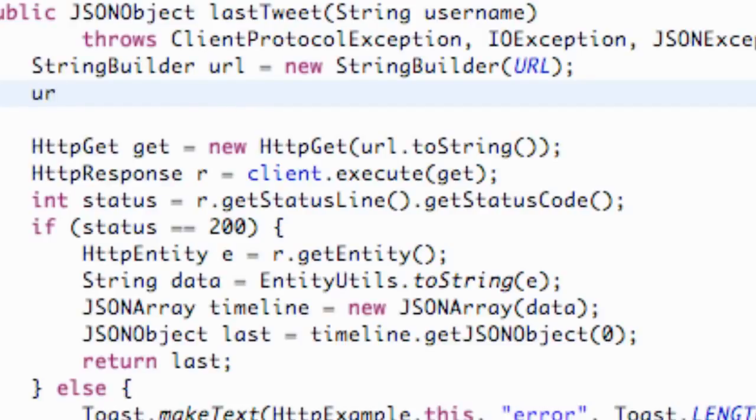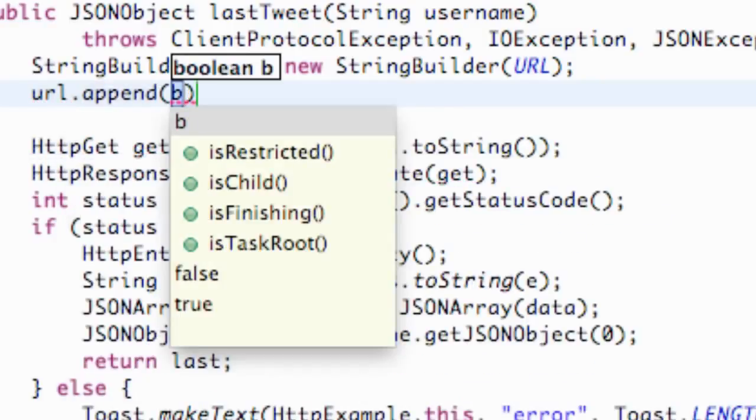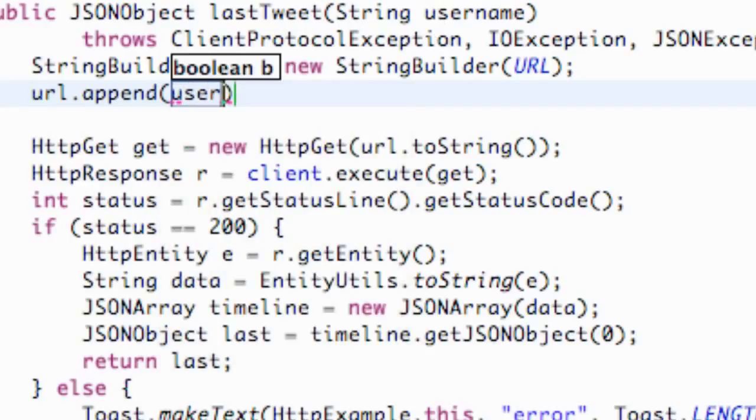So we're just going to say URL, and we're going to add to it. We're going to say append, and then what we're going to add is whatever is being passed in, our username, right? So hopefully that makes some sense. Again, this last tweet method takes a string within it, which is our username. So all it's going to do is add our username to the end of this URL, and then after that